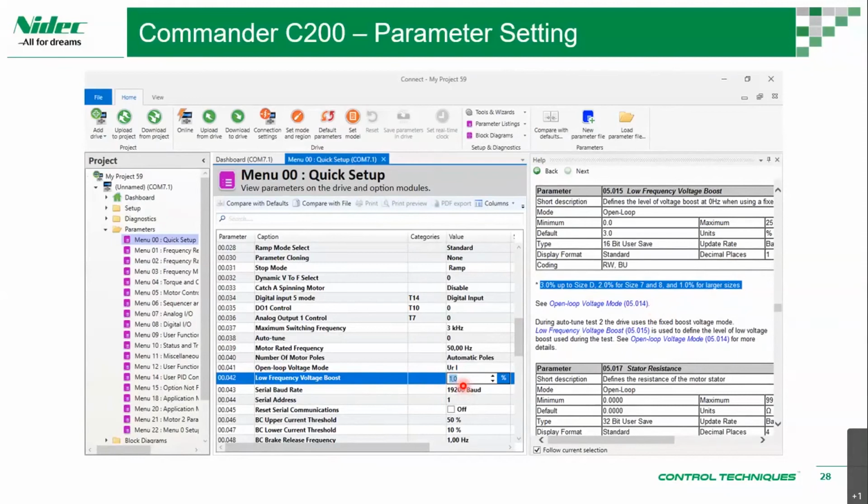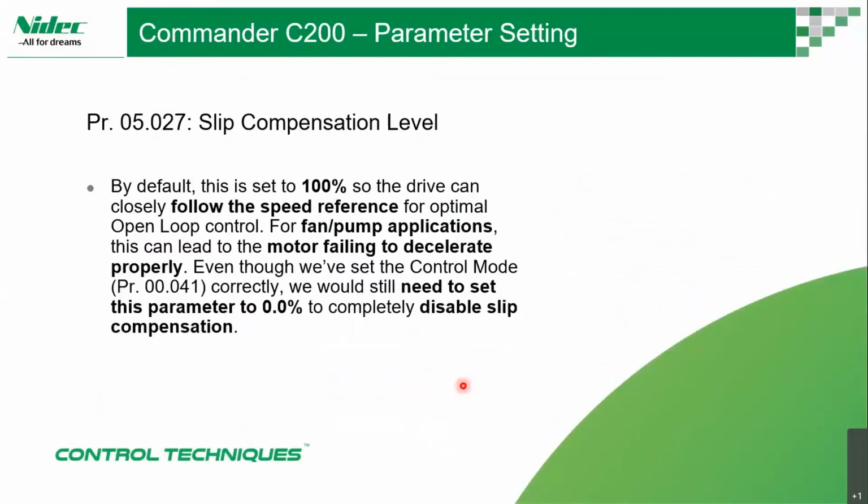Okay. And the last one, a very important one, is the slip compensation level. Imagine that the fan is moving at, let's say, normal speed. You put, for example, that you want to move the FD fan or ID fan at 25 hertz.